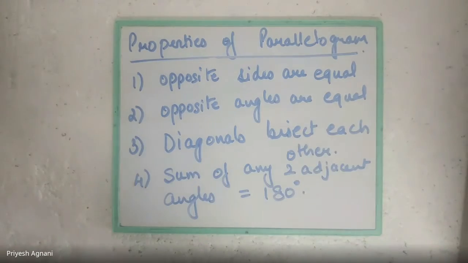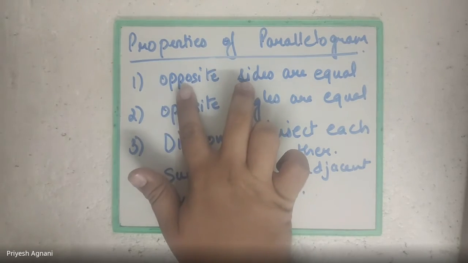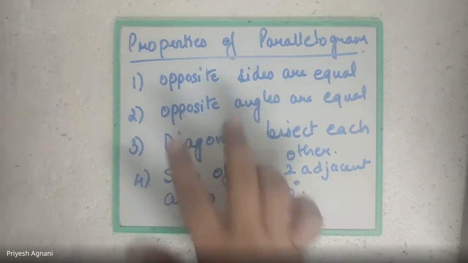क्वेश्चन नंबर 4 के बेसिस पे आप लोगों को क्वेश्चंस पूछे जाएंगे. Property number 4 के बेसिस पे you will be asked few questions. Let us come down to page number 265, example number 1. Please pay attention. It tries to say that two adjacent sides of a parallelogram are 6 and 4. Find its perimeter. आपको पता है opposite sides are equal. Opposite angles are equal. ध्यान रखें.